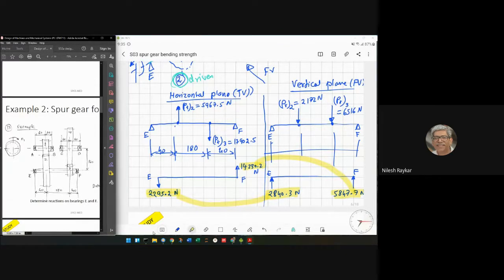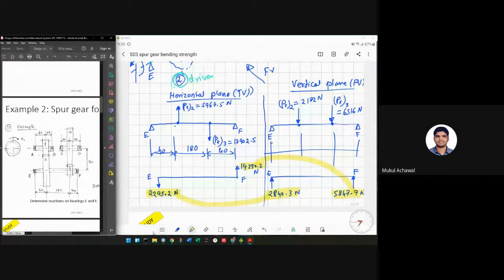But this is how, as a part of your course project, you will be designing the gearbox. So this is the first step: do the force analysis, calculate reactions at the bearing, and then you decide the size of the bearing. Okay, so this particular force analysis problem is covered here. Does anybody have questions at this stage?